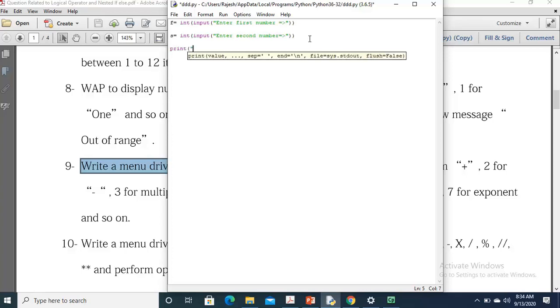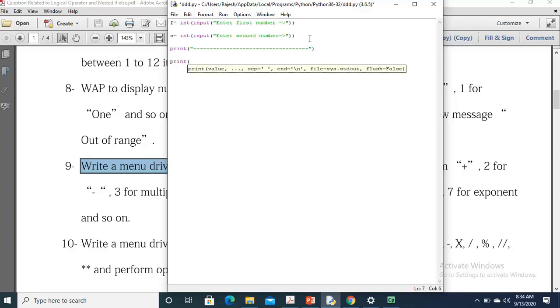Print this, then print 1 for sum operation, and then I will write the same.